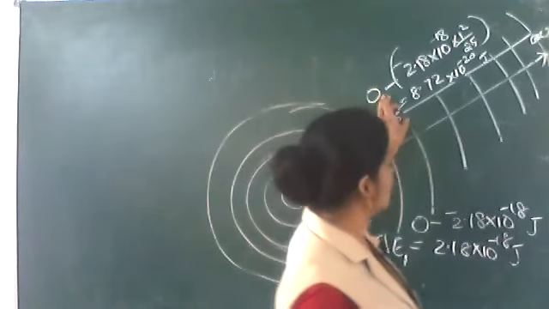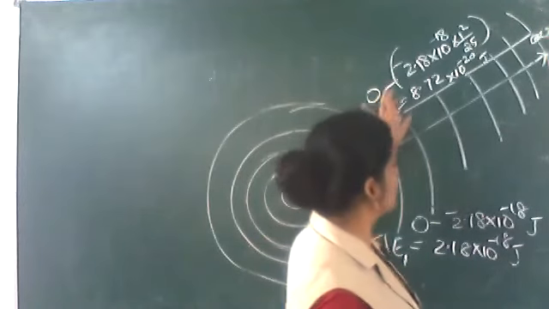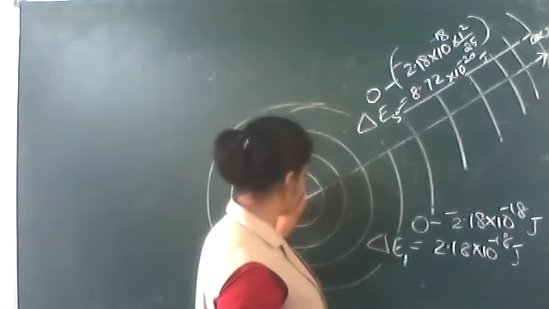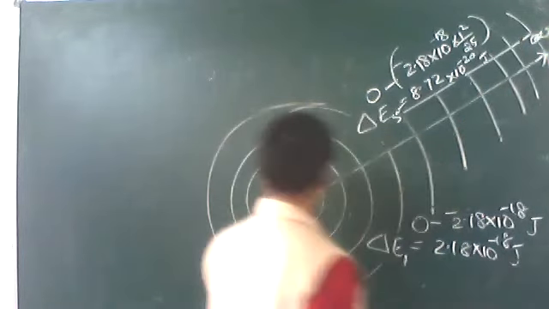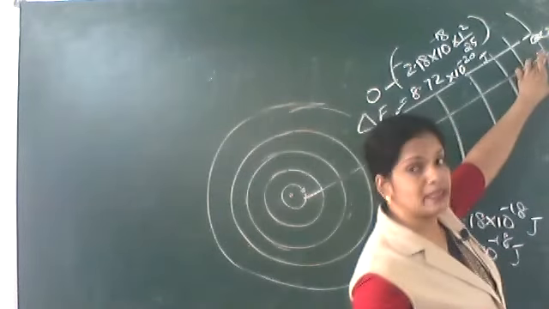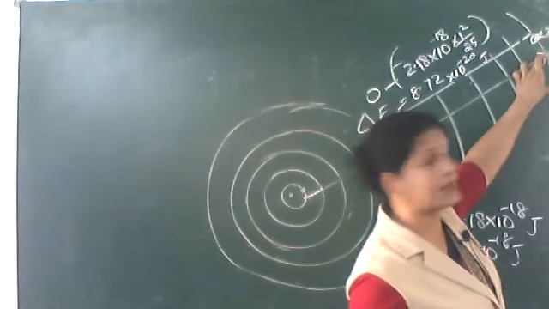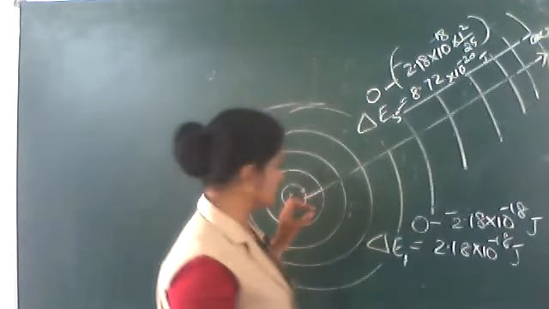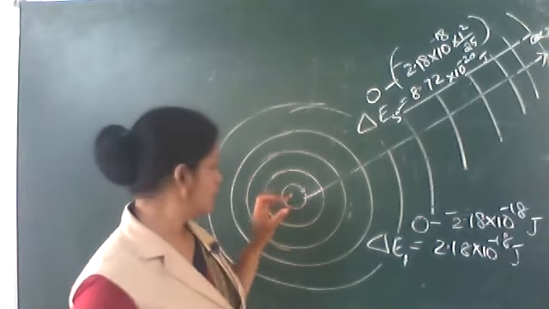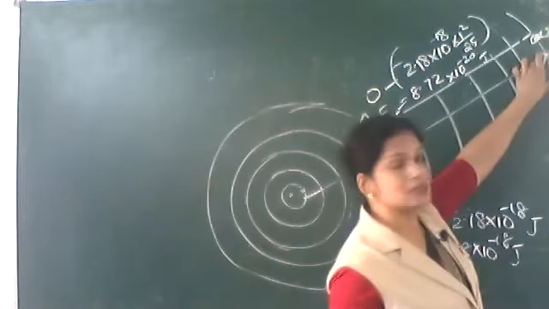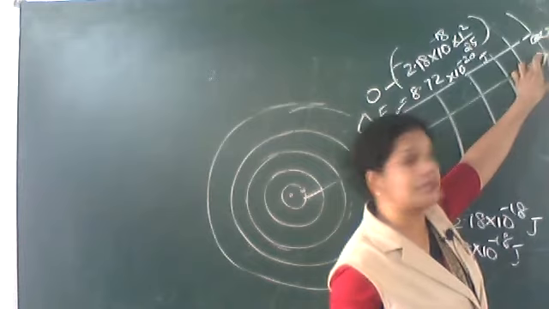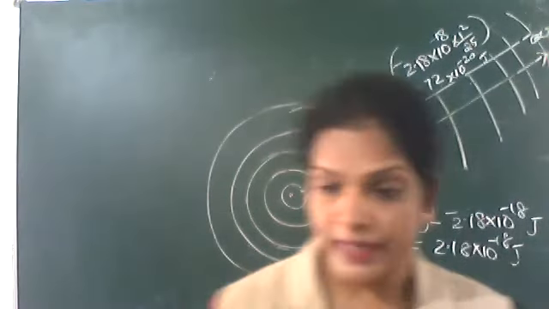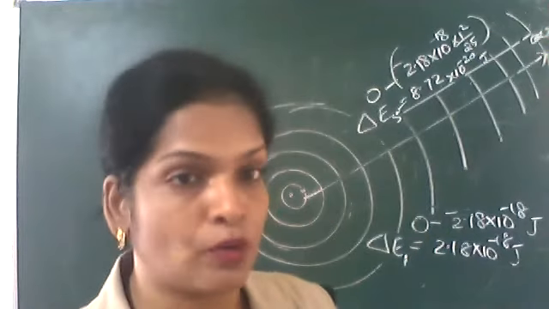How much energy are you giving to take the electron from here to here, and from here to here? From here to here is 25 times greater than from here to here. All right. How much energy you have to give from here to here is 25 times greater than from here to here. That's the meaning. Okay, next heading, limitations of Bohr model.